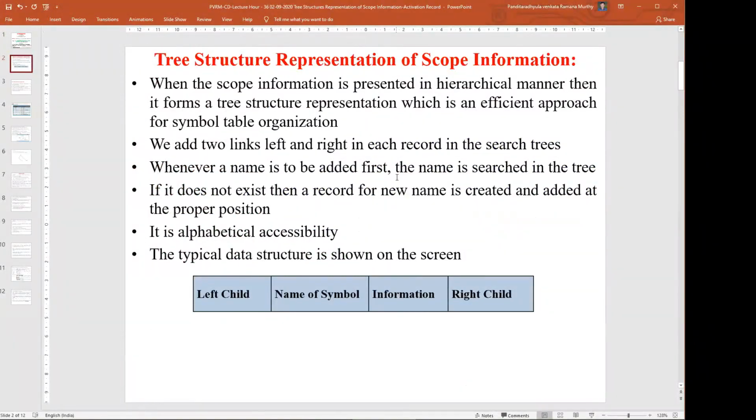We know the scope information is nothing but where we can access the variable. The same variable can be declared at the global level, at the local level, across various functions or blocks. That is the reason we call them block structure programming languages.